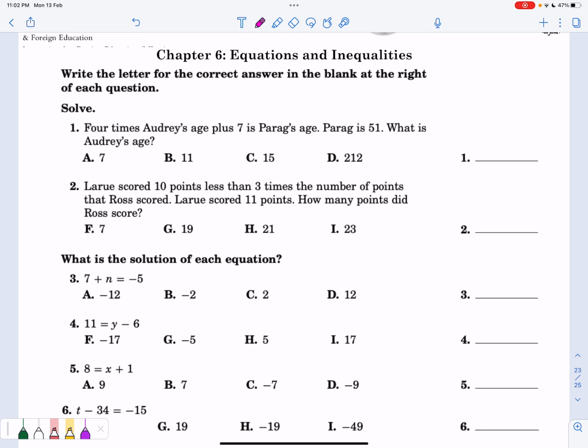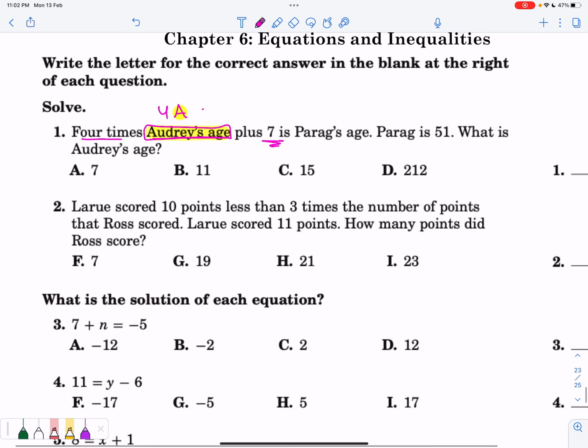4 times Adria's age plus 7. Okay, let's take that step by step. 4 times means something multiplied by 4. So 4 multiplied by Adria's age. We don't know Adria's age. I can write A for that, or X or anything, because this A represents Adria's age. So 4 times, meaning multiplied by 4, plus 7. So we should add 7 to that. So plus 7